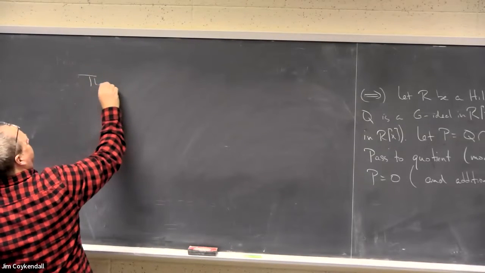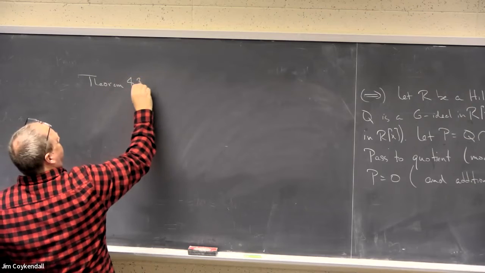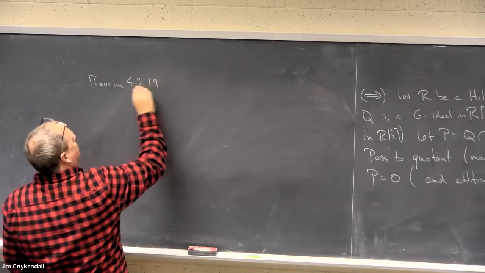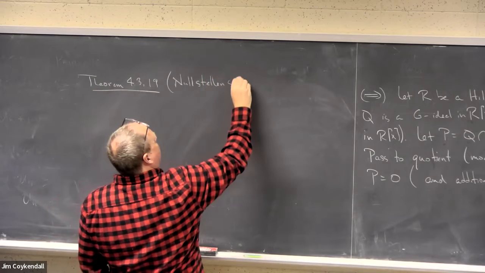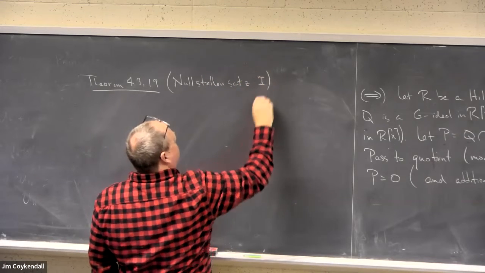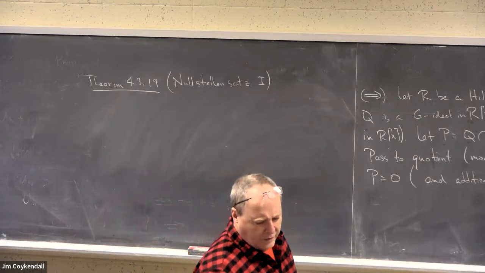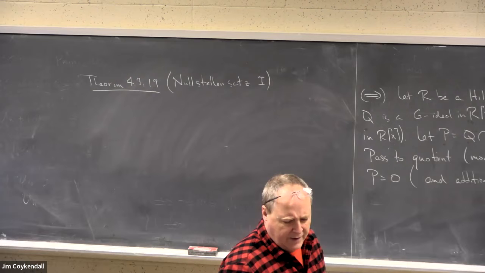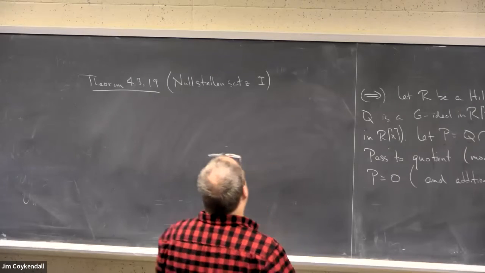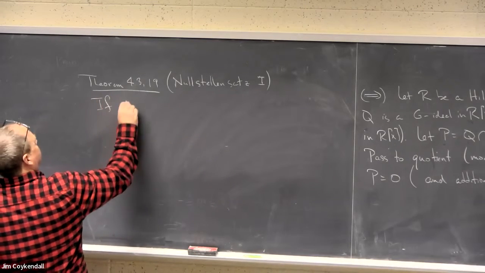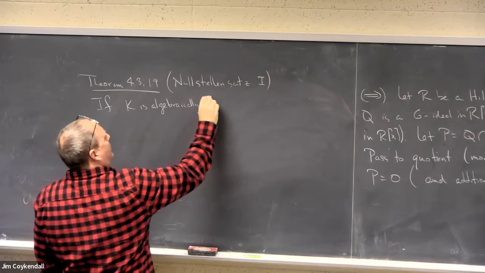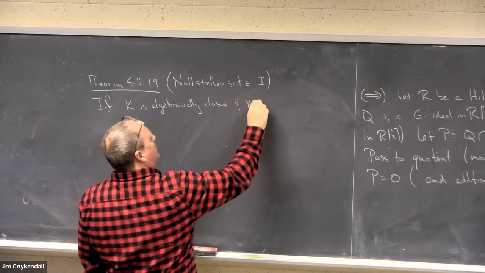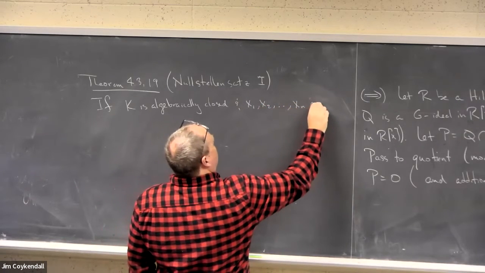The theorem, or sometimes it's called the weak Nullstellensatz: if K is algebraically closed, and we have n indeterminates, then